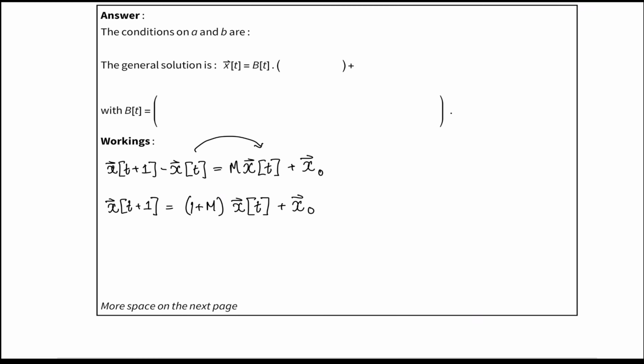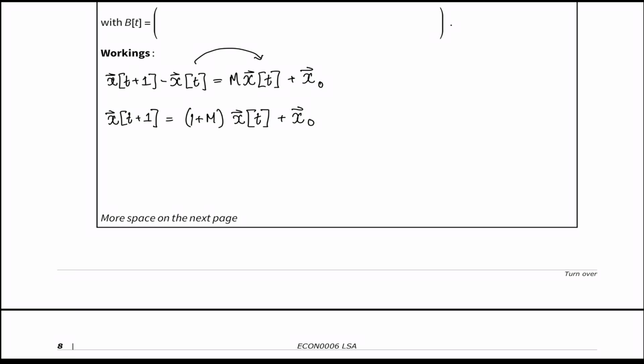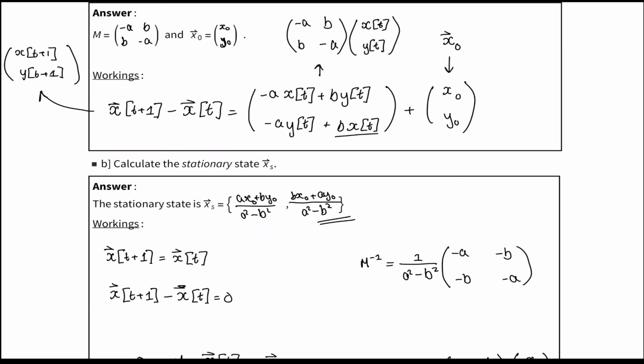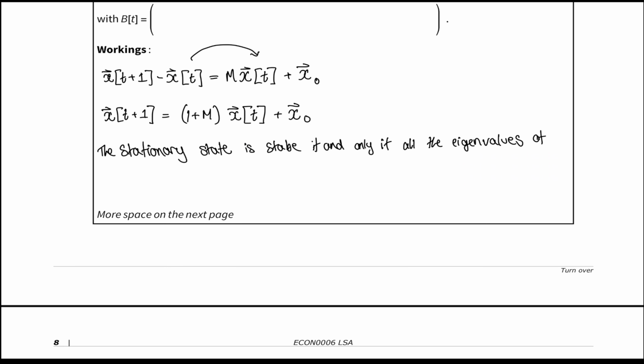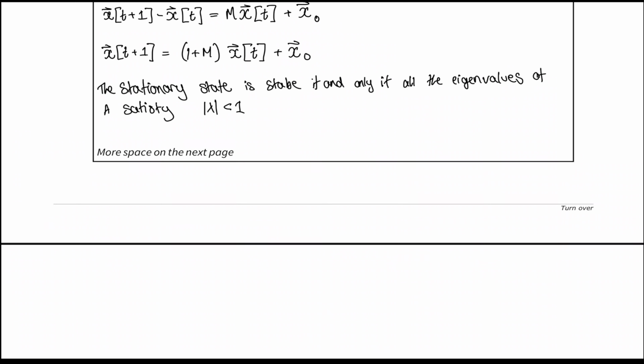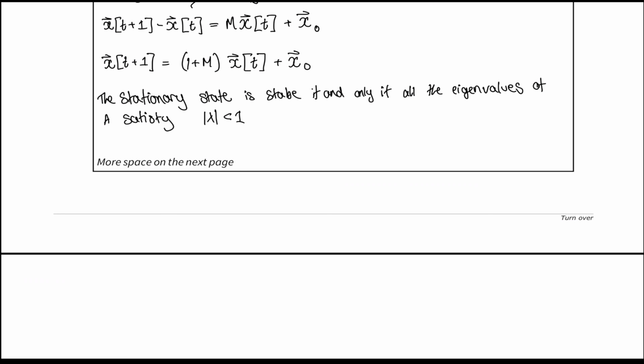Hopefully that made sense. And now, to test for stability, this is a discrete time system. So this is a discrete time system, and because of that, the stationary state is stable if and only if all the eigenvalues of A satisfy that the absolute value of the eigenvalue is less than 1. So if we work out the eigenvalues of this matrix, which is having an effect on how this difference equation changes,